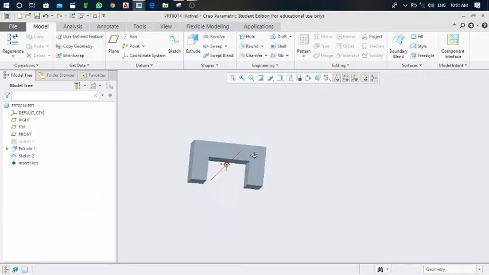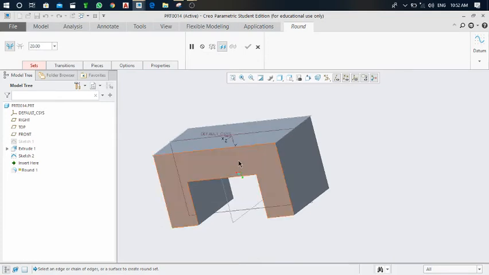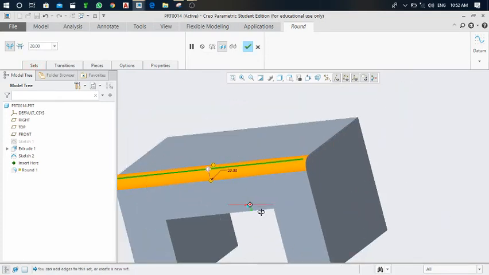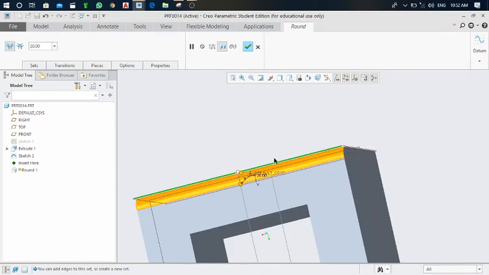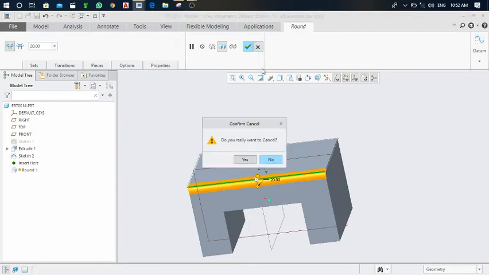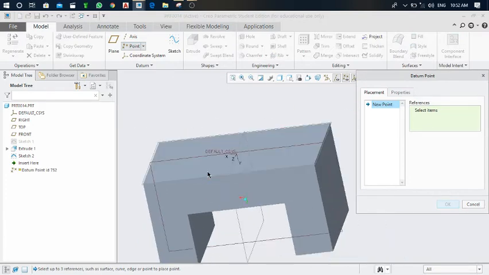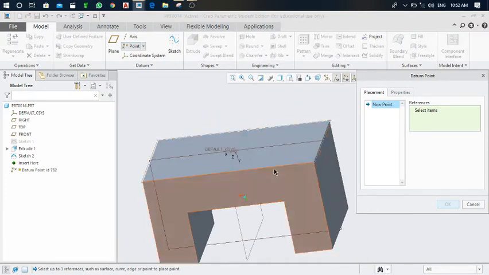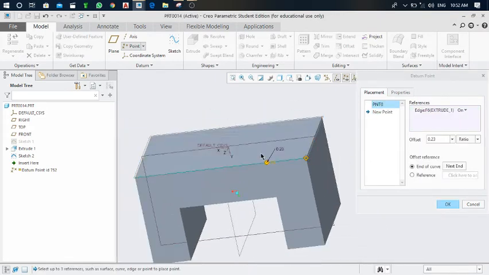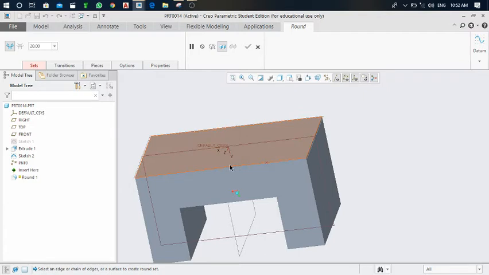And next click on the round and click on this edge. Now this edge is rounded, but I wanted it only up to half portion, or at a specified portion it should be rounded. So for doing this, close this, and from here take this point, as you wanted to make the point, I wanted to make here. So okay, and next create this round, click, next make this edge a round,